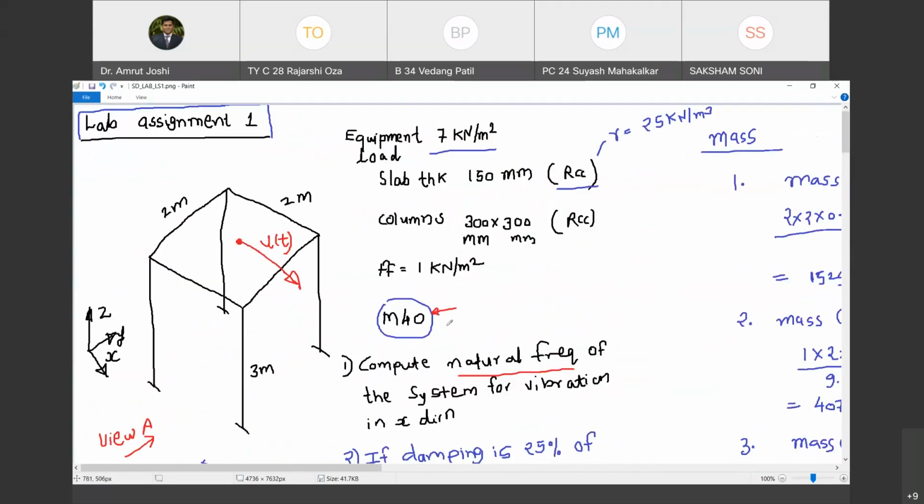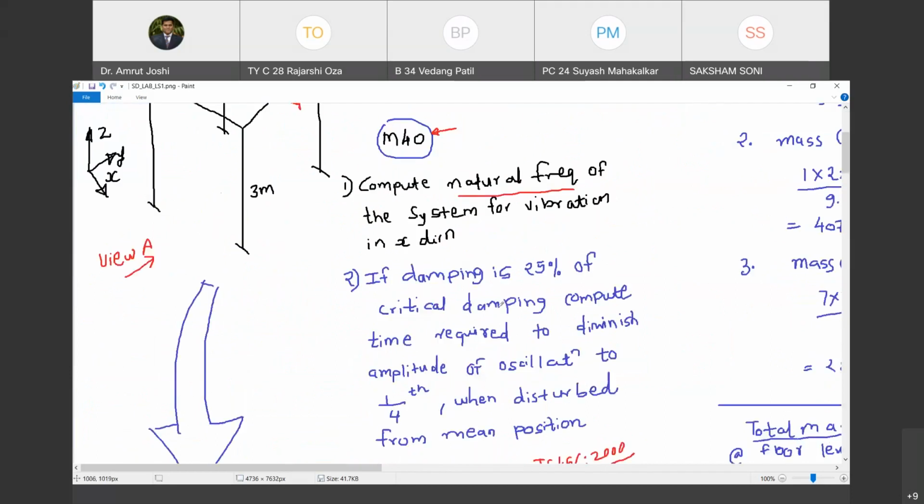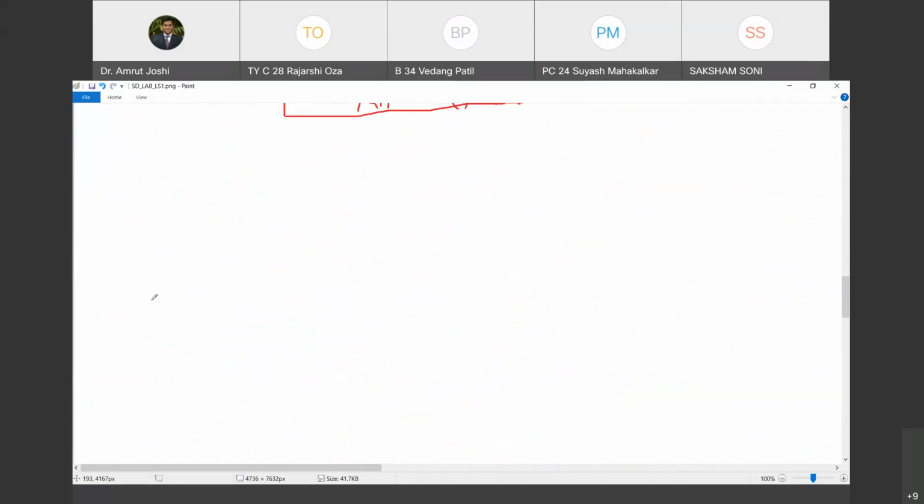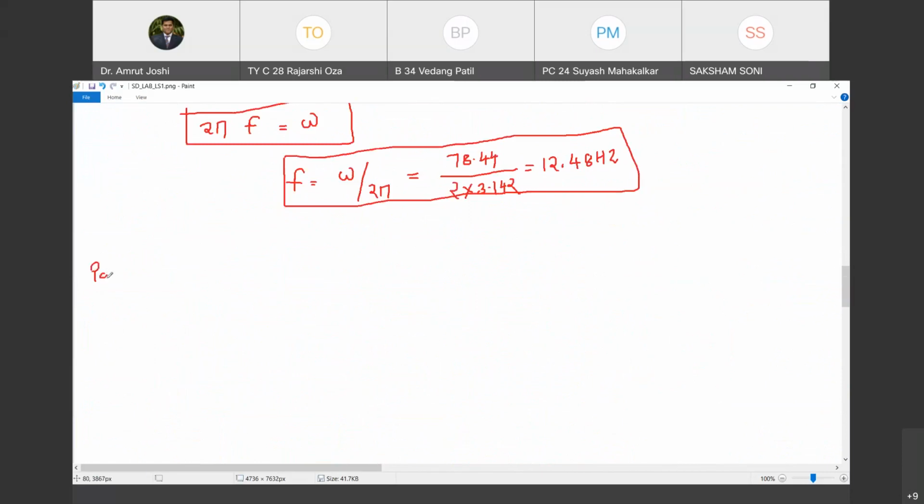Now let us go to the second part. In second part, we will complete it partially and then we will stop for today. And we will be meeting for our regular lecture at 4:45. Let us complete the second part partially. The first condition that is given is that damping of the system is 25% of the critical damping. So now let me write down the solution of part 2.